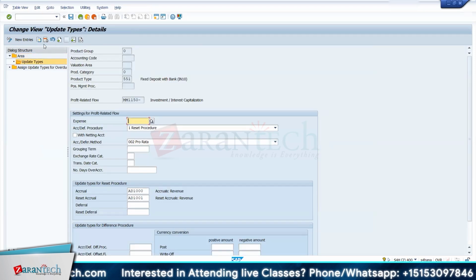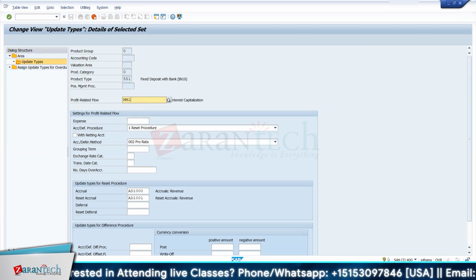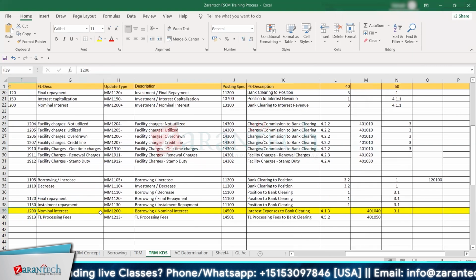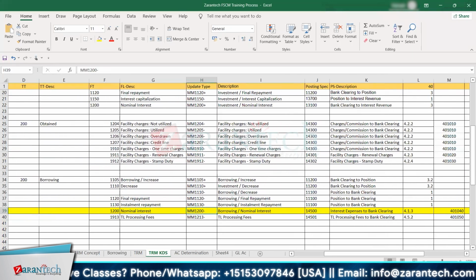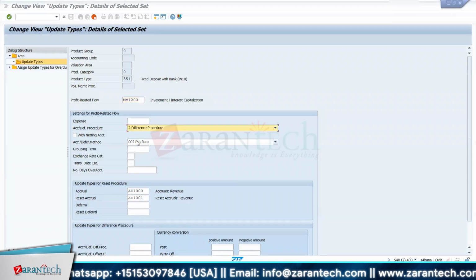you can copy this entry, and here 1200 negative. So you can see the update type MM1200 negative. So I have updated here, and I'll use the differential procedure,